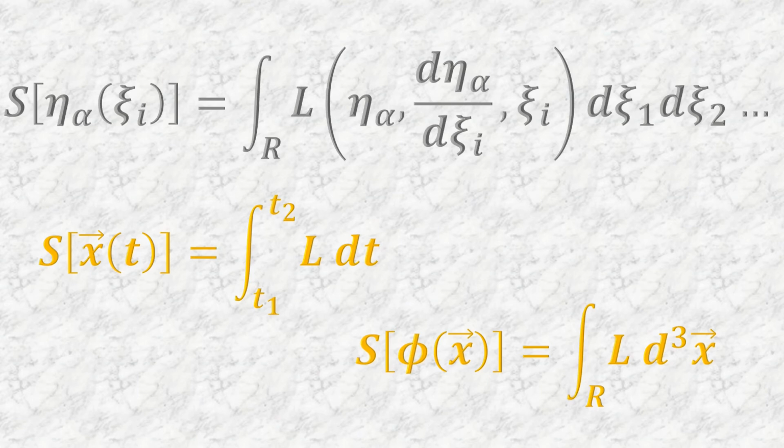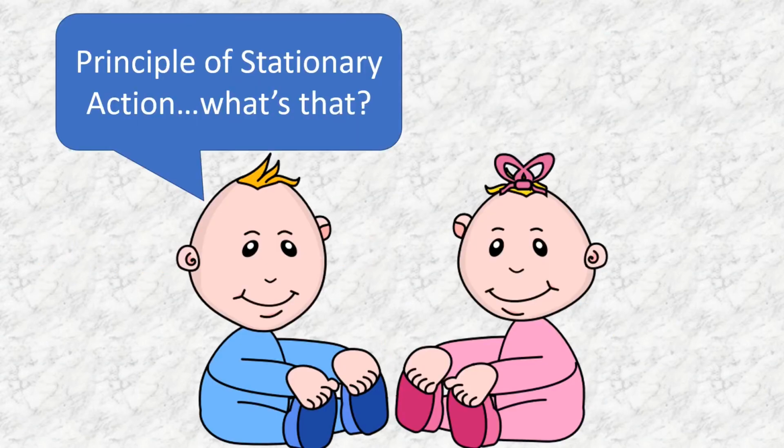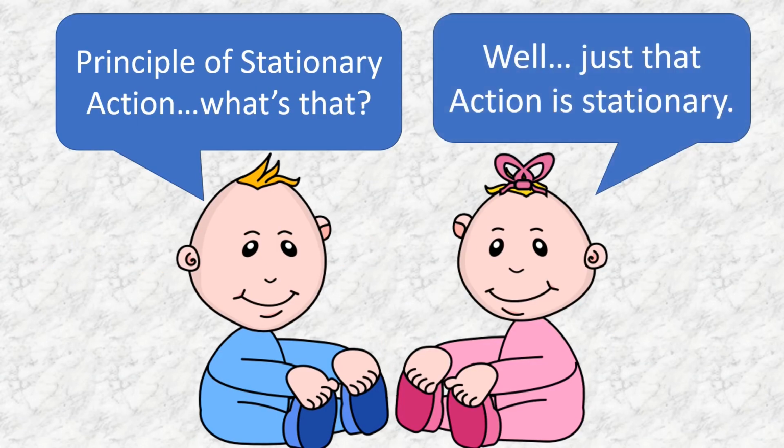For the electrostatic field, the action for a given potential field is defined as the integral of the Lagrangian over space. Now, we use the principle of stationary action, which states that the real configuration of the etas are such that the action takes a stationary value. That means that making a small change in the etas will, up to first order in the change, have no